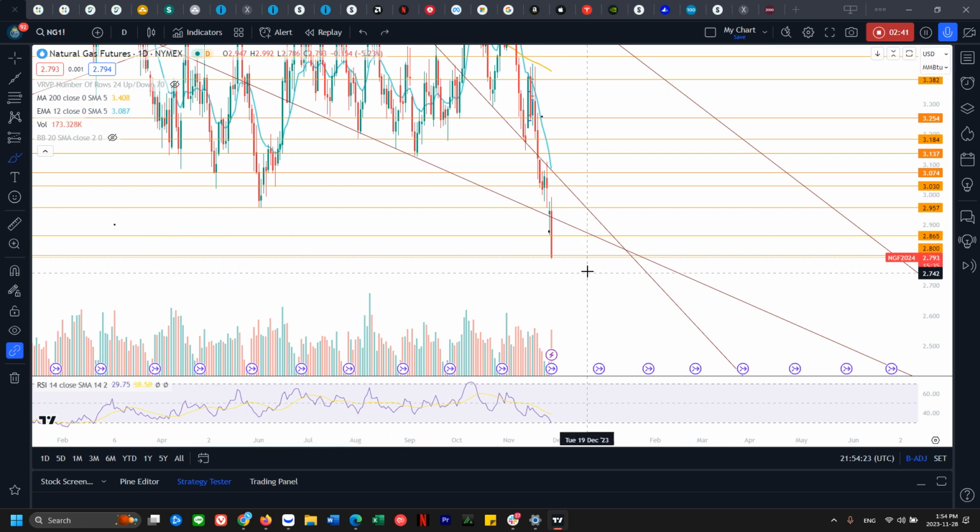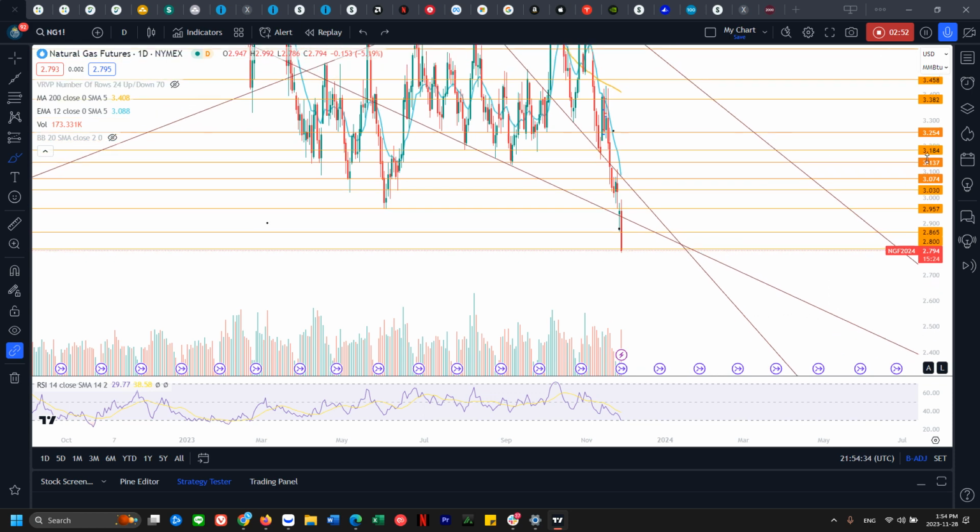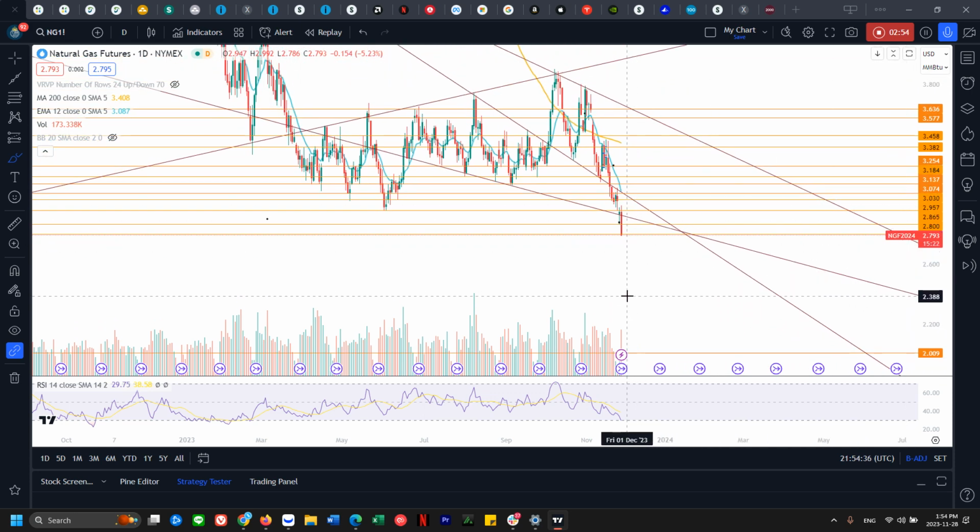And we can look at the RSI. We can say, okay, so on the daily time frame, natural gas is a little bit oversold, right? It's getting there. It's pretty much hitting 30 right now. So we can say it's oversold, but oversold can always stay oversold, just like anything. All the markets, or anything overbought, can also stay overbought.